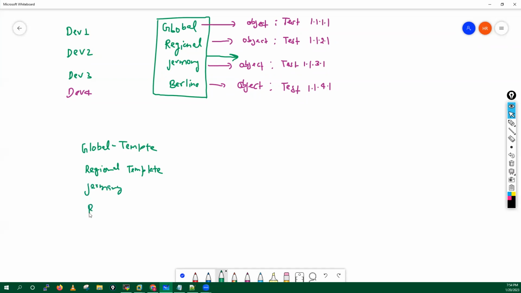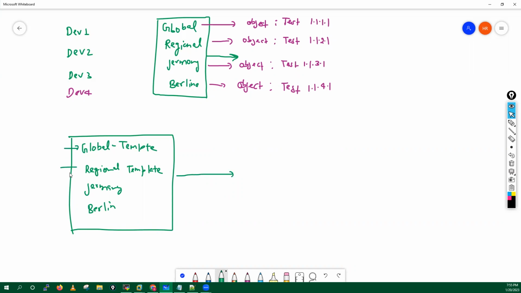Then after that I have one template for Berlin. These are the templates I'm having. This is template 1, template 2, template 3, and template 4 I have created. When we call these templates into the template stack,